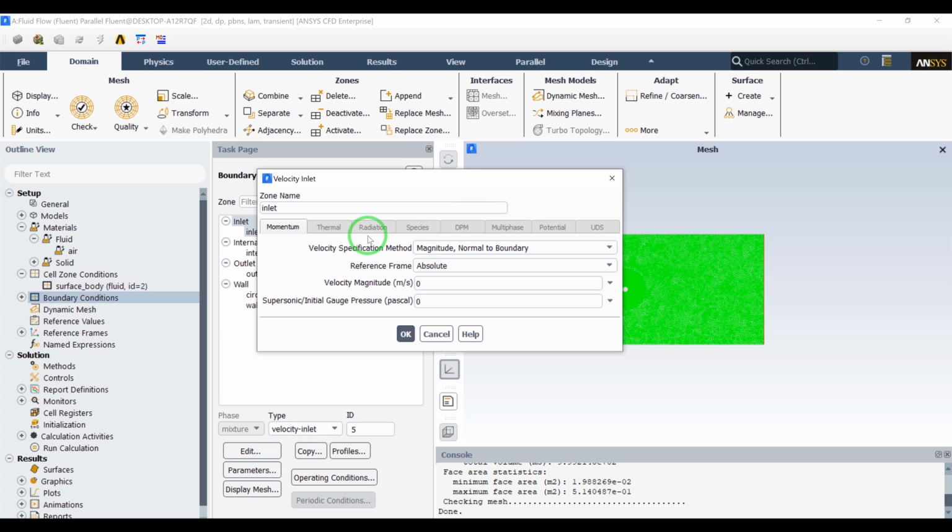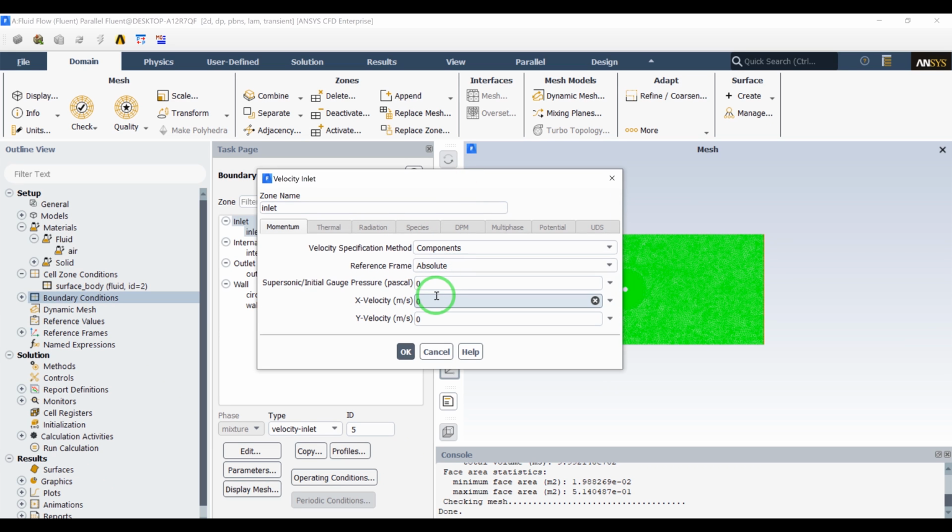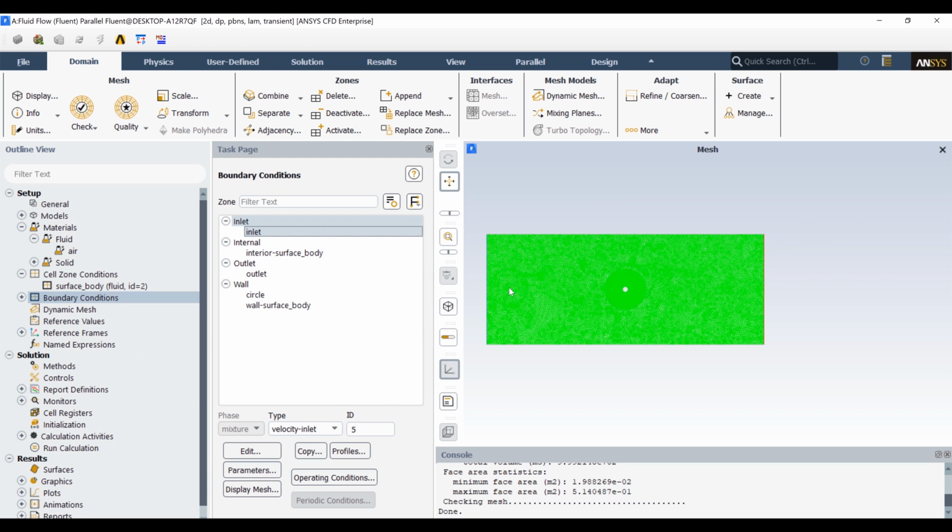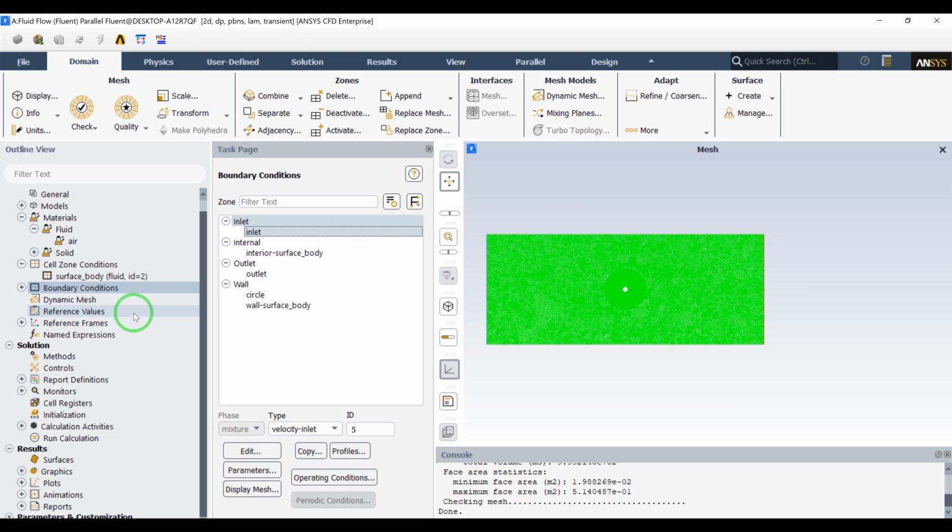So on the velocity, we will choose the components. X velocity as 1 meter per second, Y velocity is 0. We want to have a horizontal flow from left to right. So now we go to